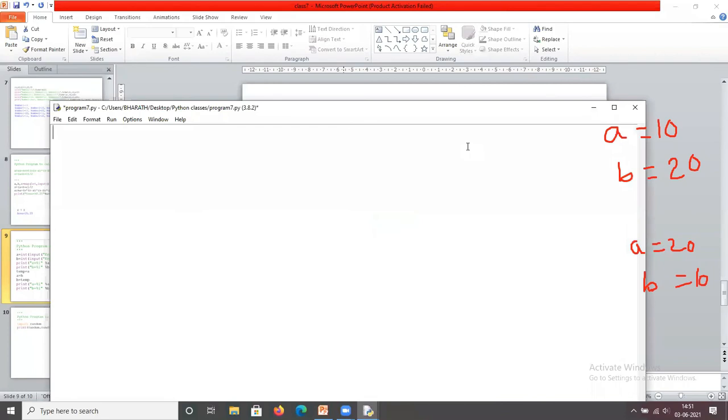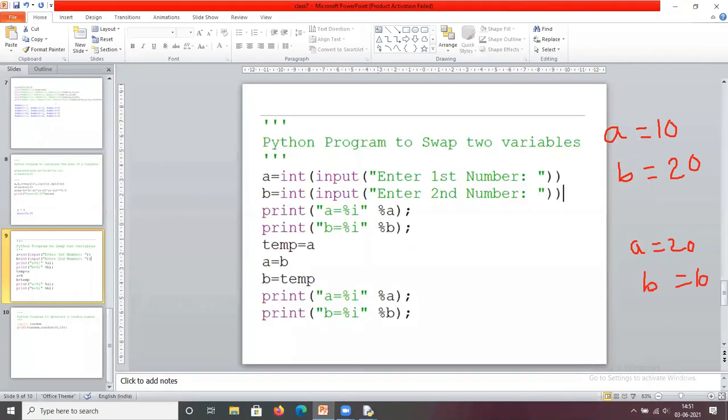So what is the format? Here you are going to read the two values. So that means from the keyboard you are going to enter two values. First you display, enter first number, and you enter 10, enter second number, you enter 20. First we write these two instructions.